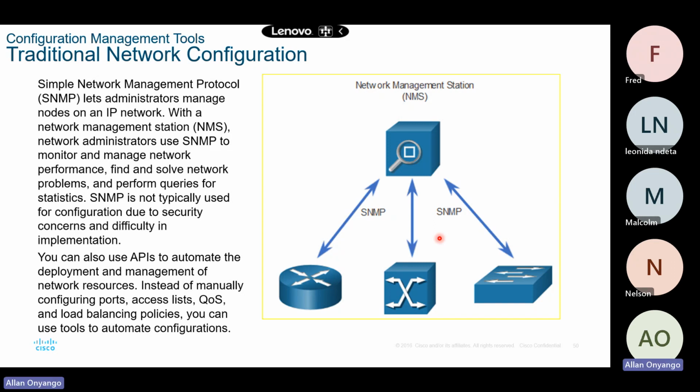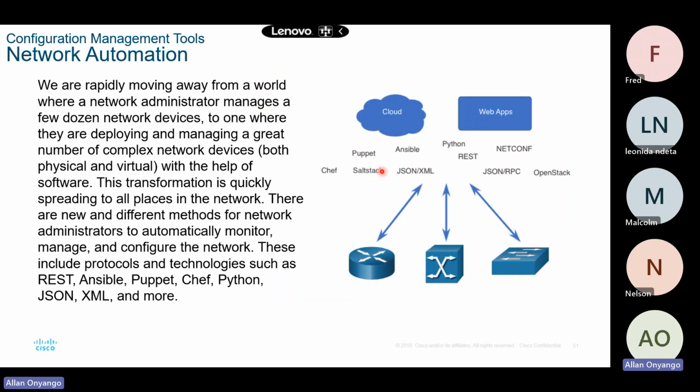So we are slightly moving towards APIs, which we will be using to automate, one, the deployment, and two, the management of our network and network resources, so that instead of manually configuring your ports, access control lists, quality of service, and load balancing policies like EtherChannels, you can just use some application tools to automate these configurations for you. And looking at